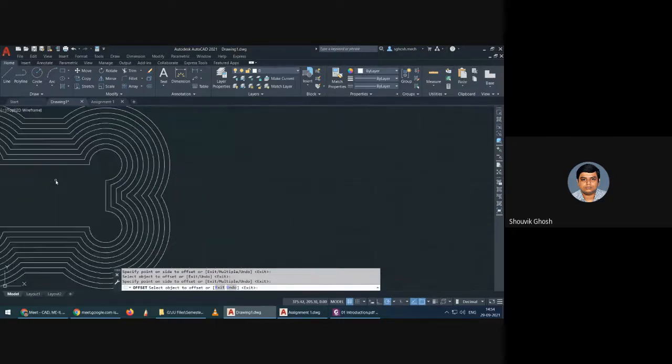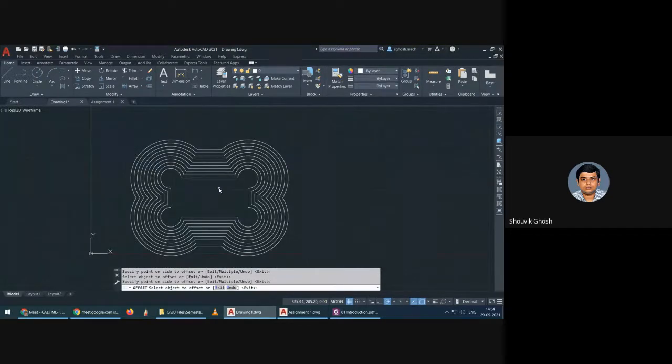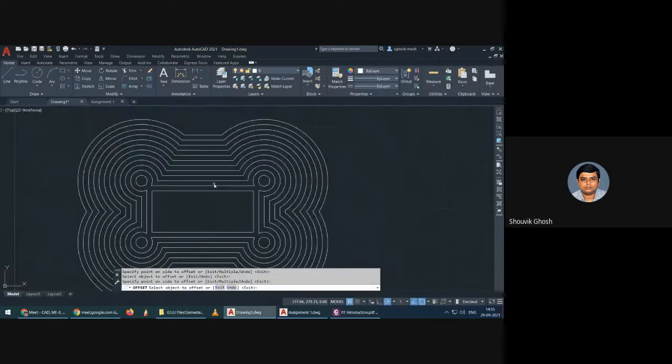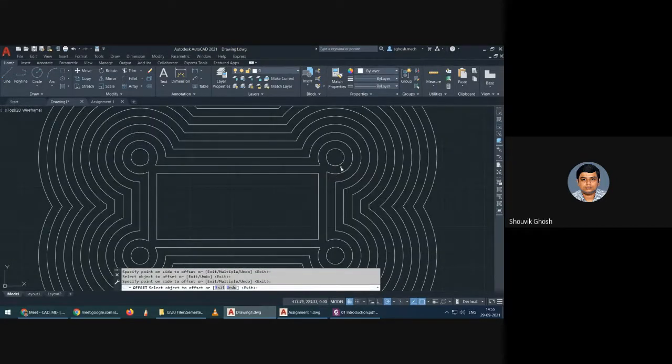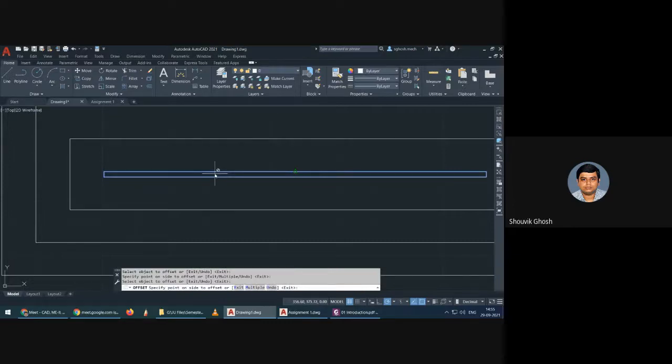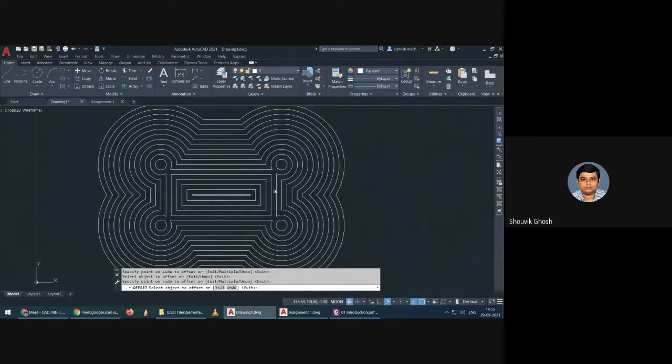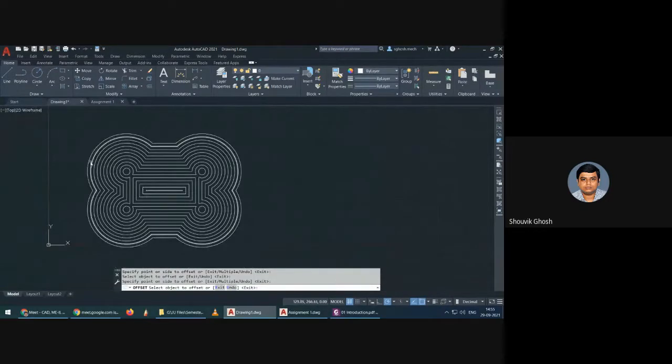So the offset works as a copy of the boundary wall at a certain distance. We can do the similar thing inside also, and now you will see the circular formation over here, and it has cut off because this circle cannot decrease in size anymore. If it is not possible to draw by the specified figure, then it will show you this unable to draw sign. Until all the figures are done, it will create offset of the object like this. Okay.